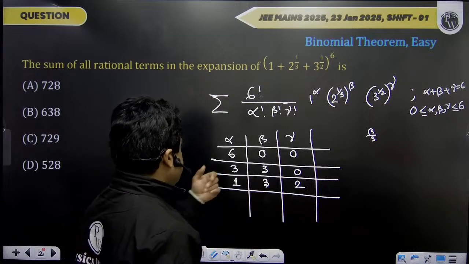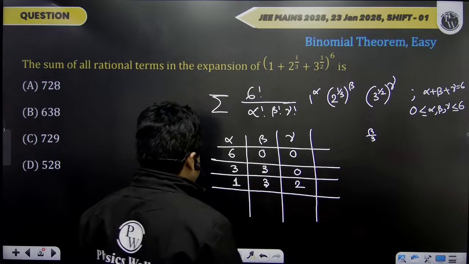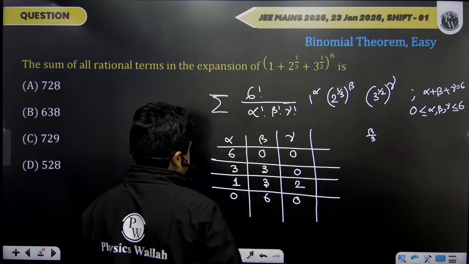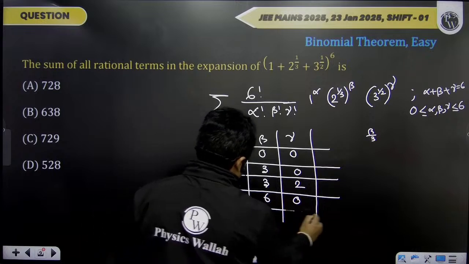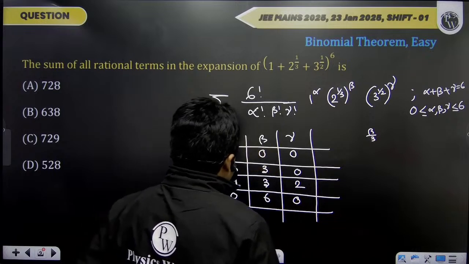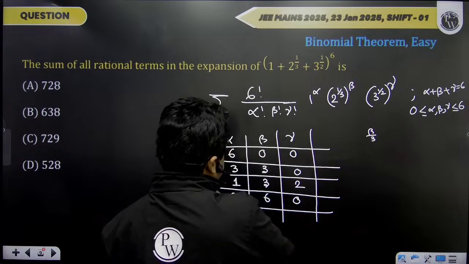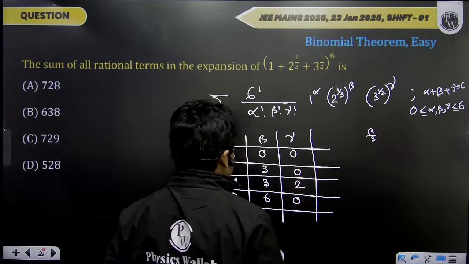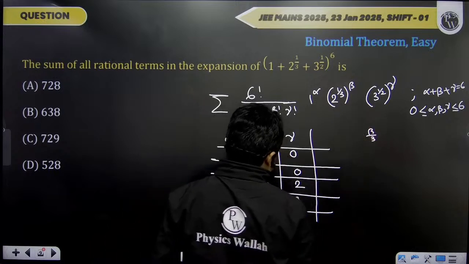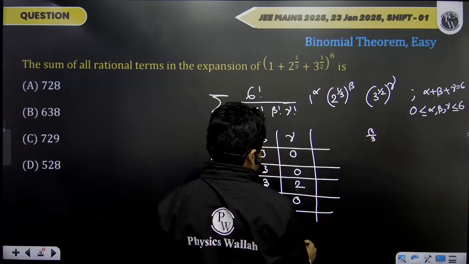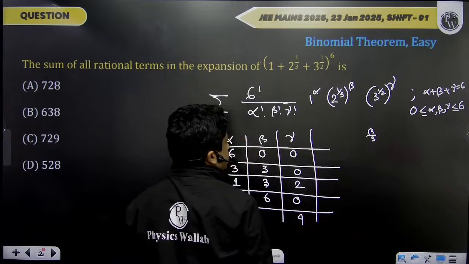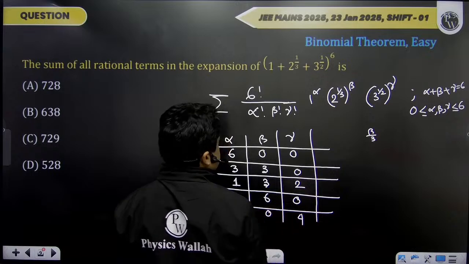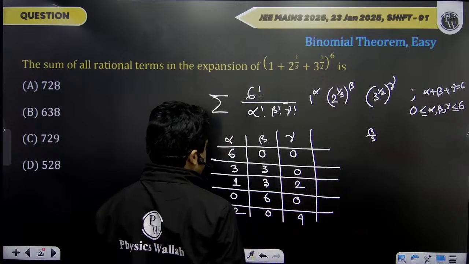Alright, so let's try beta as 6. If beta is 6, then this has to be 0, this has to be 0. After this, gamma we have taken 2, 1 case, 0 cases also came. Gamma 4 case, let's consider. If gamma is equal to 4, then I can take beta equal to 0, then alpha will be equal to 2,